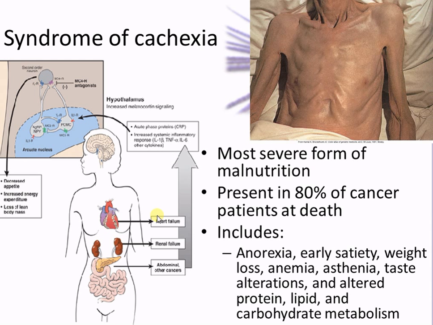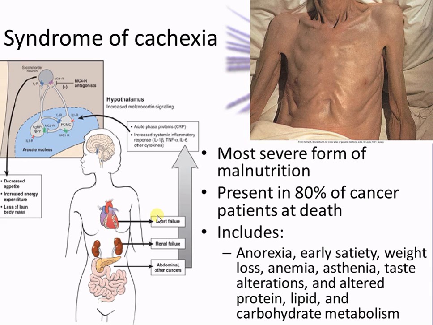Right. Next one, syndrome. Syndrome's a group of symptoms. So cachexia is a group. And cachexia is a combination of pain, loss of appetite, fatigue. It's a combination of things. And a lot of times the cachexia is related to the chemotherapeutic agent. So they lose their appetite, which causes malnutrition.